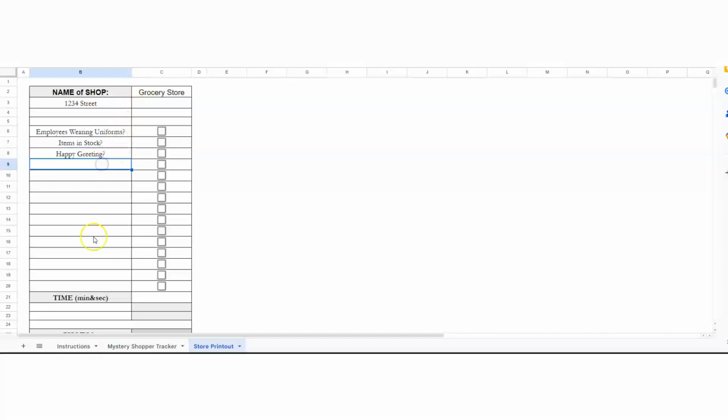Once I write down all of the questions that someone might ask me, I read over the instructions, and then there's questions afterwards, and I go, okay, these are the main ones that I have to remember to do. Once I'm done with the shop, I come to my car, and then I'm by myself and I can take my notes. This is just a great printout so that you can have everything right there, and then you go, oh, these were the main things, I remember those things, and go, yes, the items were stocked,